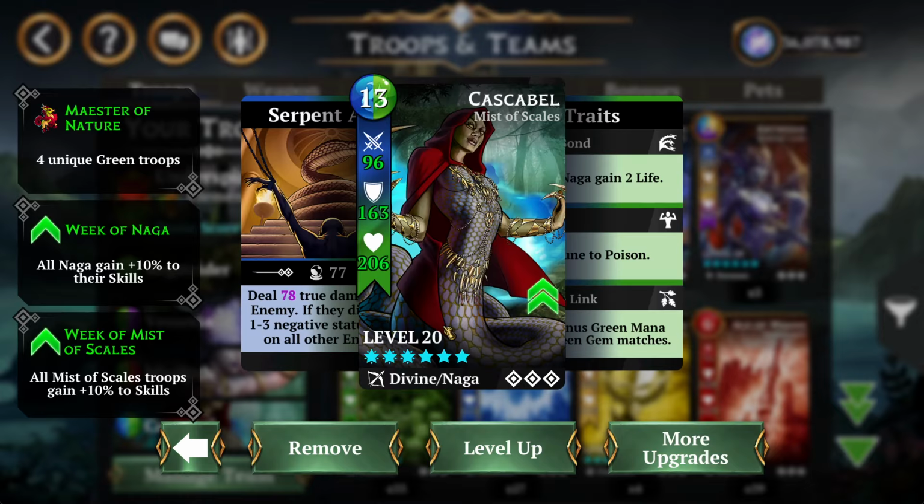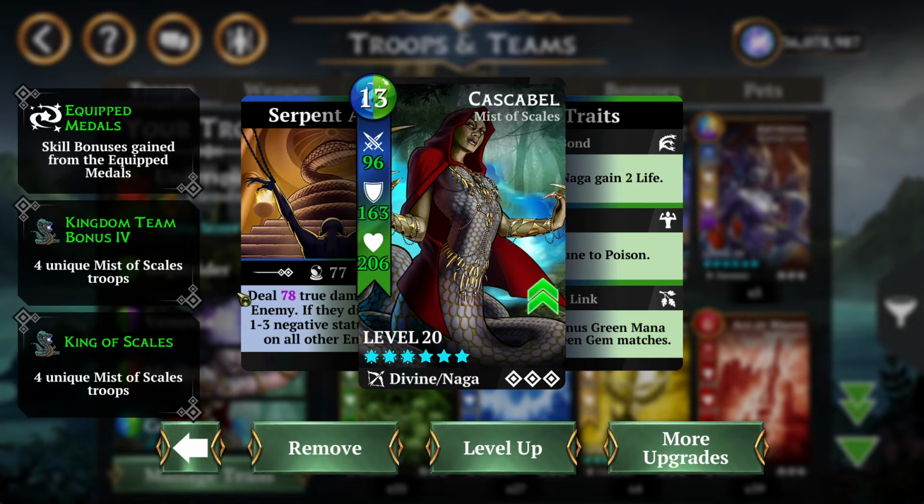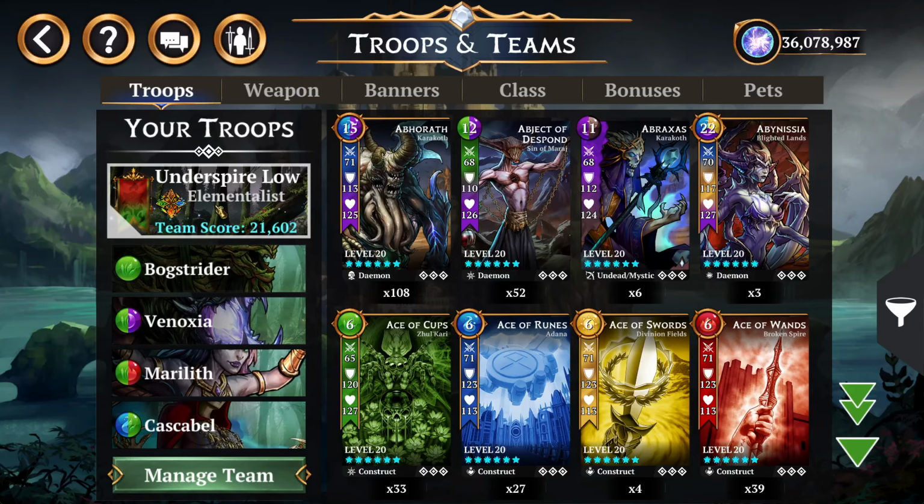So the new Glory Troop honestly isn't amazing, but in the context of a lot of low to mid rarity teams that you might be running, it can end up doing some decent stuff. One thing that it has that's nice is Green Link. While the rest of its traits are absolutely abysmal, Green Link does allow you to set a banner like this,